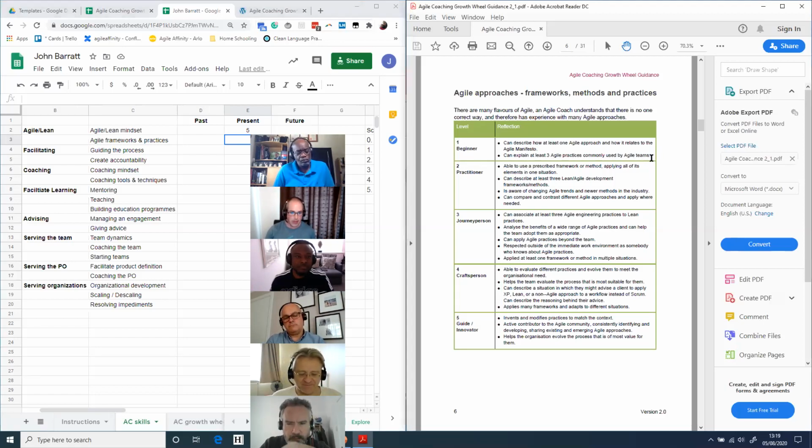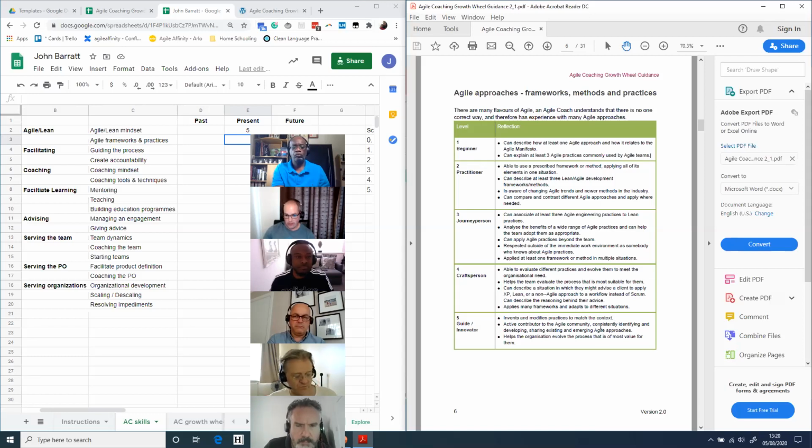Now, sometimes we get people who are coming from a coaching background and haven't had much exposure to agile, and so this is the real first area that they've got to spend a lot of focus on. So they could be a 0 in this area when they first fill in the wheel. But still great coaches. Yeah. So that's where we're saying you need a balance of all these areas in order to be a good agile coach. And that's what makes this role so hard.